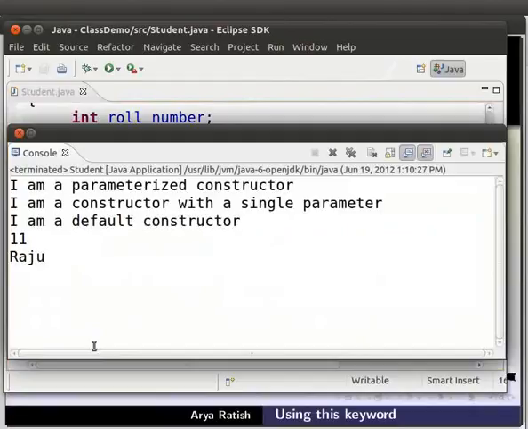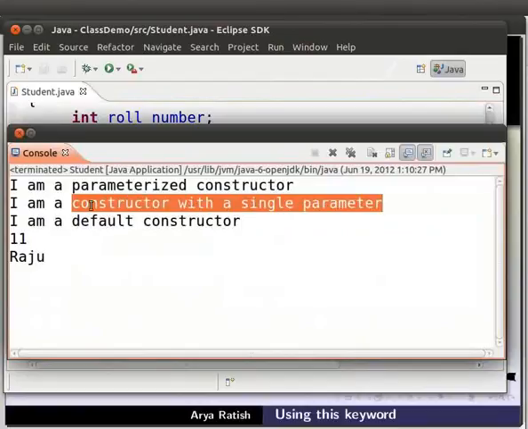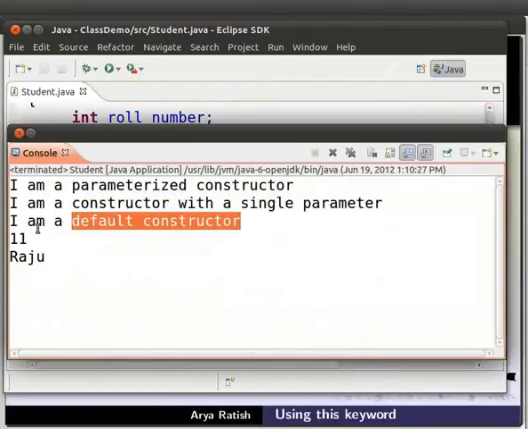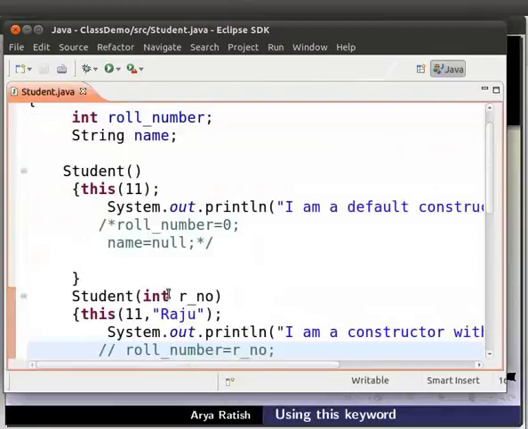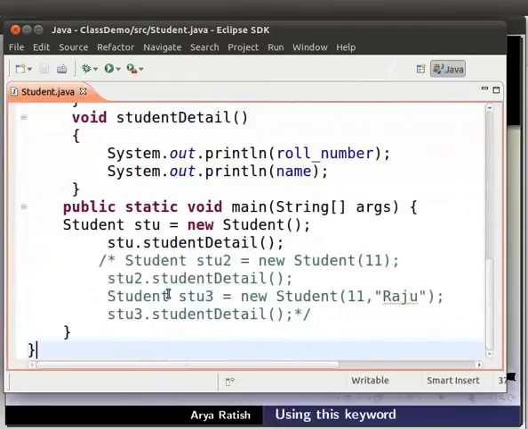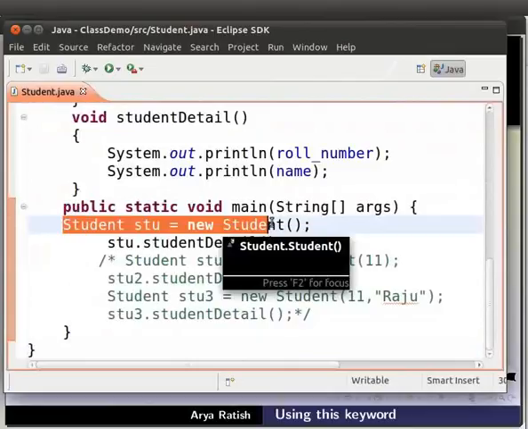We get the output as I am a parameterized constructor. I am a constructor with a single parameter. I am a default constructor 11 and Raju. Now I will explain the output. When the object is created, the respective constructor gets called.